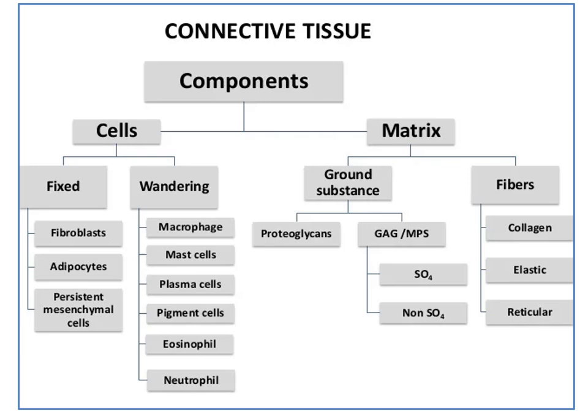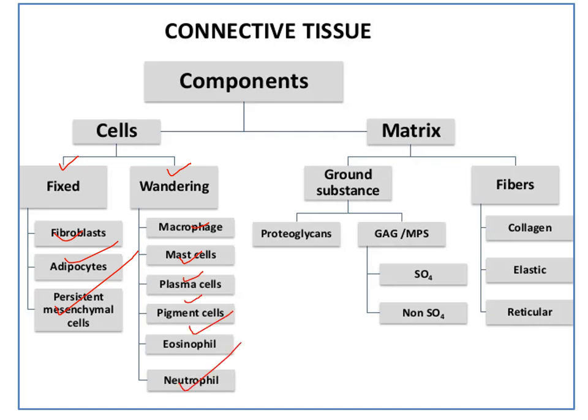So to break down the various components of a connective tissue much further, we're talking about the cells. Cellular components tend to be divided into fixed cells and wandering cells. We'll talk about what each of these entails. Examples of fixed cells include fibroblasts, adipocytes, and persistent mesenchymal cells. Then we have wandering cells, cells like macrophages, mast cells, plasma cells, pigmented cells, eosinophils, and neutrophils are examples of